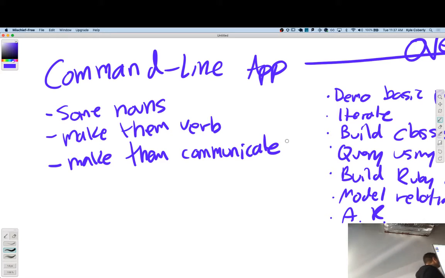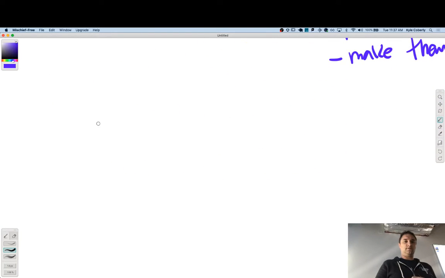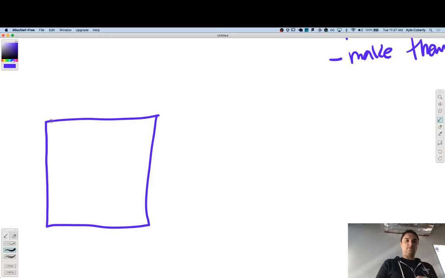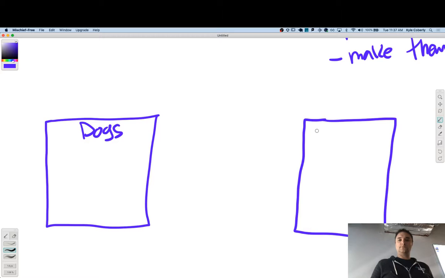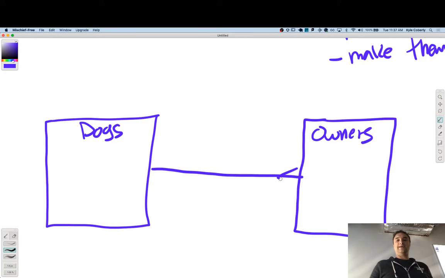Somebody give me some nouns. Dog, love it. So for our purposes, we're going to do dogs and owners. And each dog can have more than one owner, and each owner can have more than one dog. And so we call that a many-to-many relationship. And the thing that I just did here is called